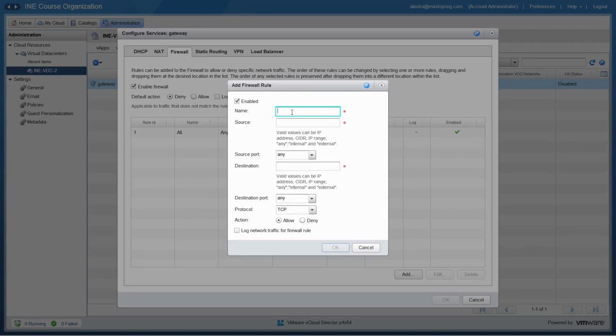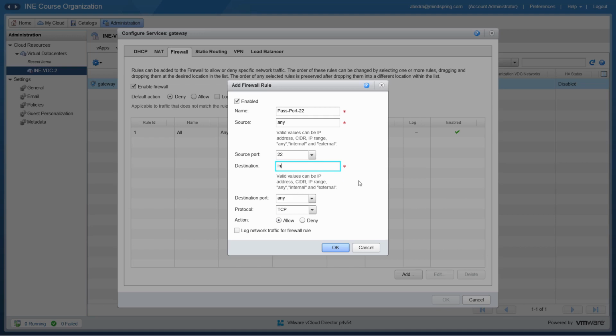You can give it a name, pass, port 22. Okay, your valid values for the source can be IP address, any internal or external. This is very interesting, internal or external. You can put an IP range, okay, but let's just say from any outside source, okay. It would go, so let's say, only to the SSH port, and it can again be any internal or external,